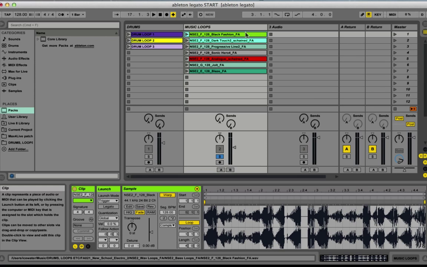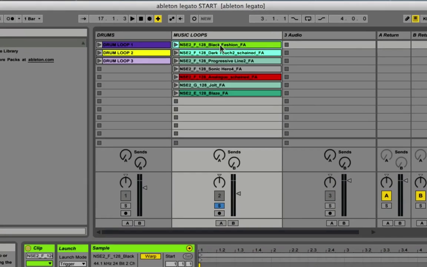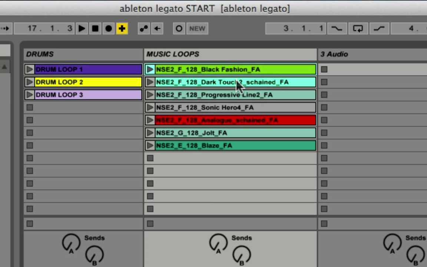Hey, so today we're going to go over follow actions and legato mode in Ableton Live. So, brief review on a follow action. A follow action basically is an instruction that you want a clip to do after it finishes playing for a predetermined amount of time. For instance, if I want this first clip up here to go into the second clip